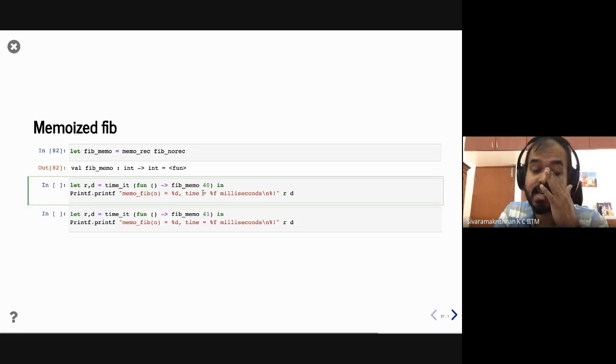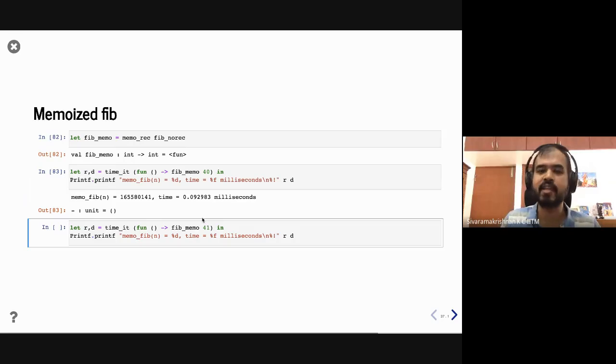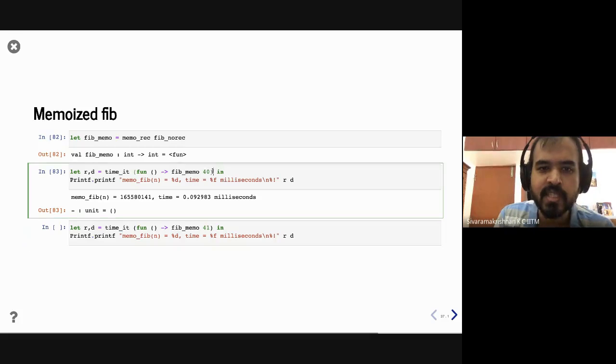Recall that this earlier took around 7 seconds. Now, because we are actually memoizing each of the recursive calls, when you call fib of 40, you would call fib of 38 and fib of 39. Since the cache is empty, you would call fib of 39. That goes through all the way and then comes back. You save the result in the cache. For fib of 39, you would have two recursive calls, right? That would be fib of 38 and fib of 37. Both of these are previously computed. So it turns out that the execution time is linear with the memoization. Of course, the constants are very large, but that's not the point, right? It has come down from 7 seconds to